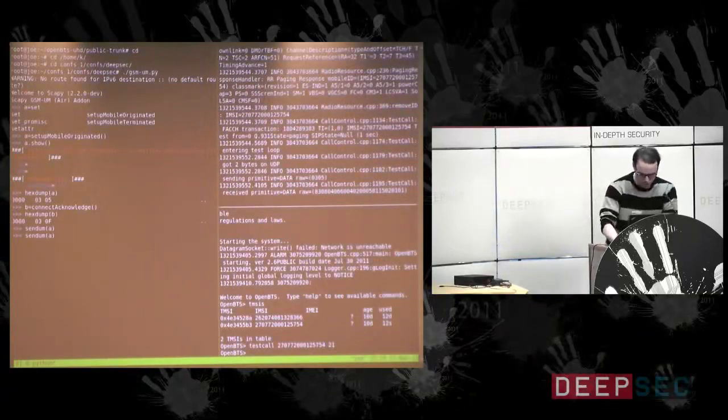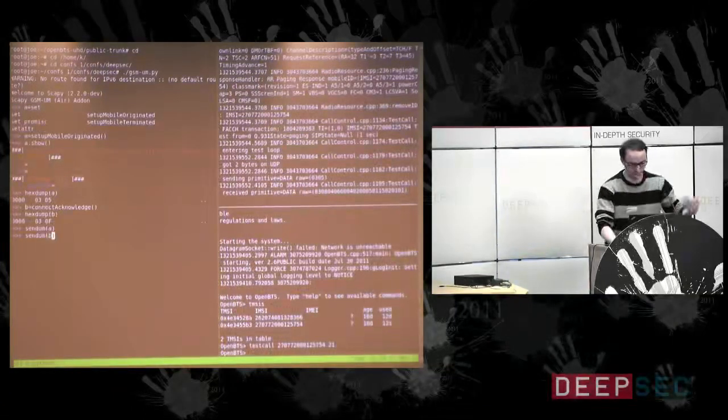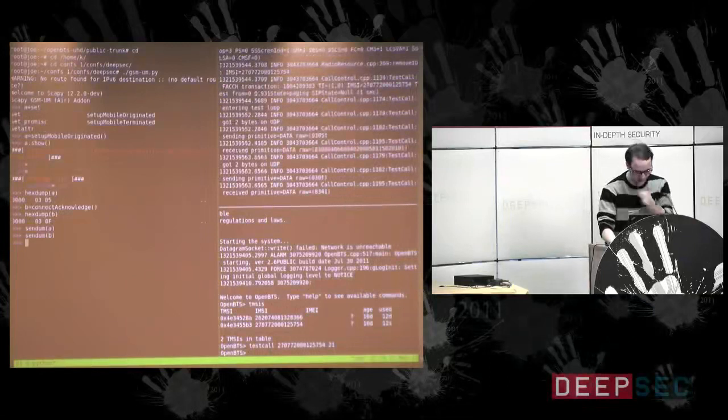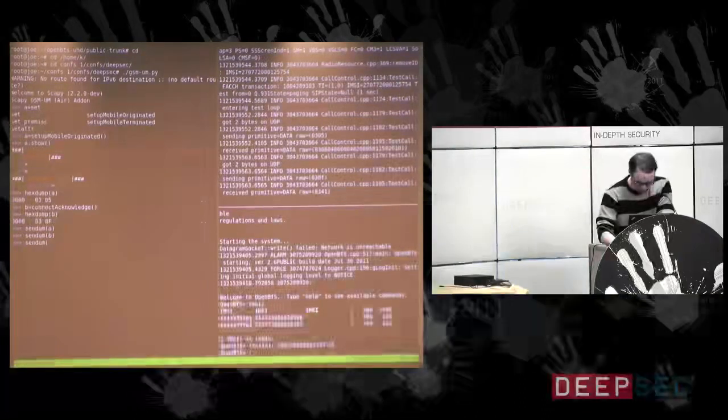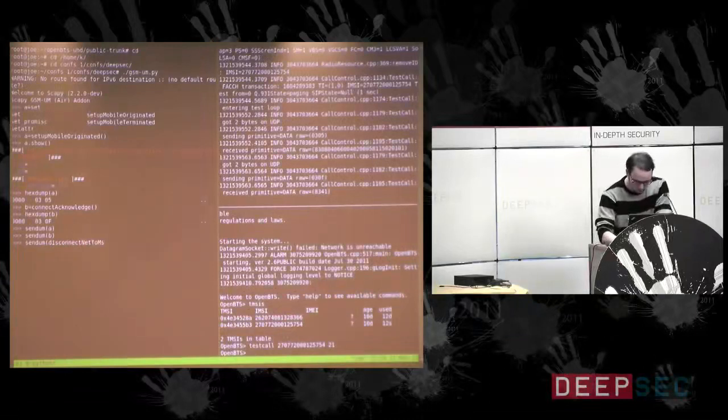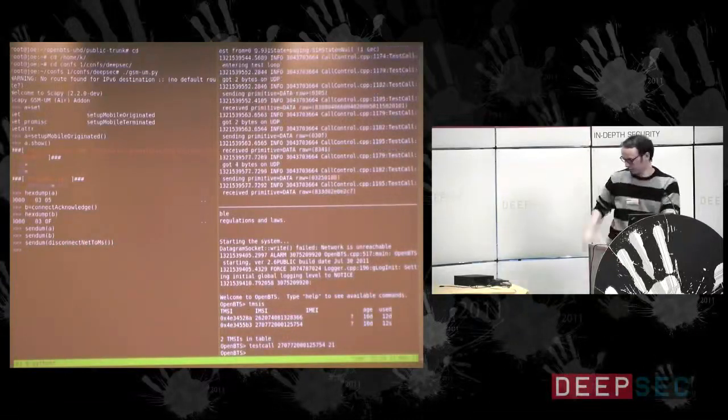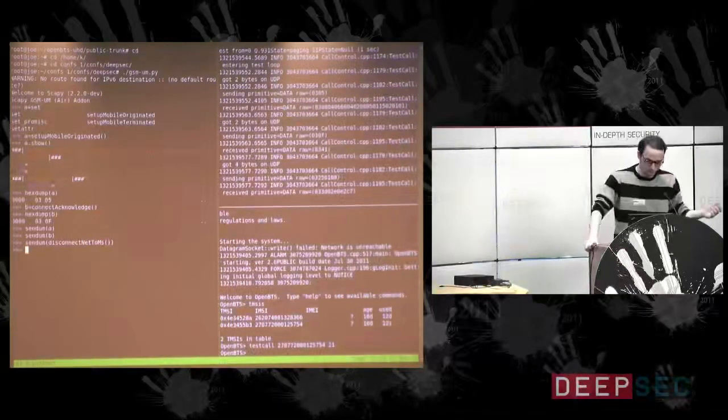Now to terminate the call, I'm sending the second packet. Now it's normal that it's still ringing. And if I send this, it's killing the connection. So yeah.